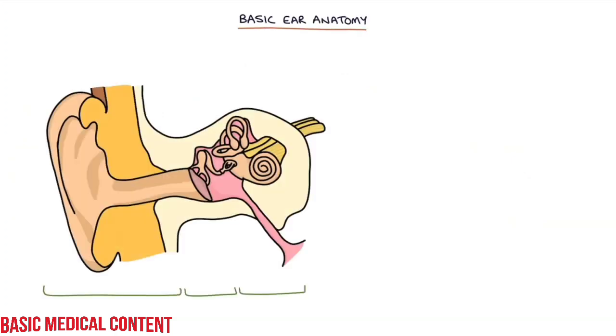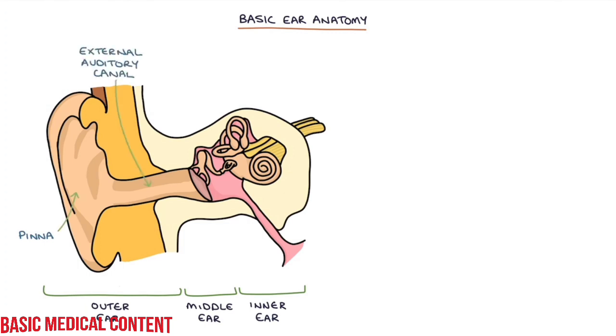Let's talk about some basic ear anatomy. There are three sections to the ear, and they're the outer ear, the middle ear, and the inner ear. The basic structures from the outside in are the pinna, which is the external portion of the ear, the external auditory canal, which is the tube into the ear, the tympanic membrane, which is the eardrum, the eustachian tube, which